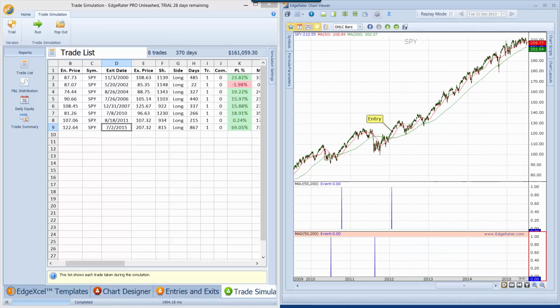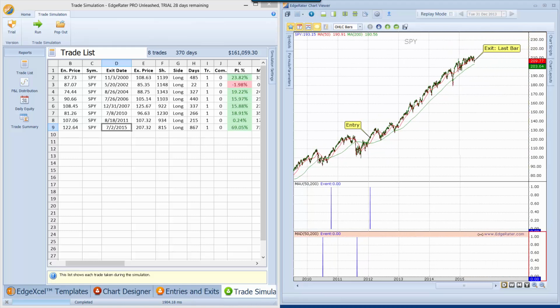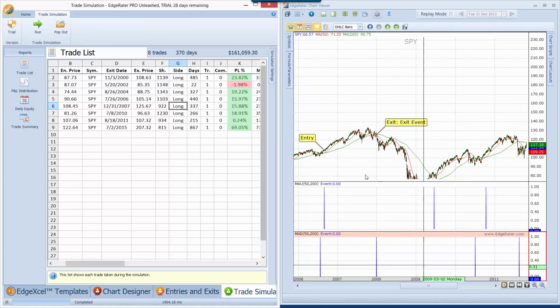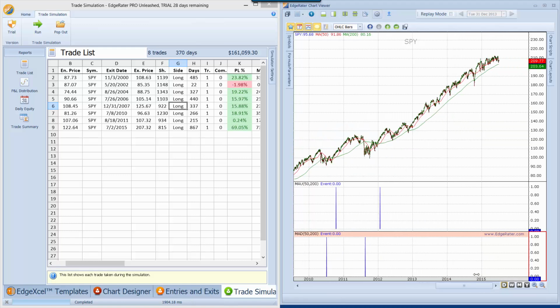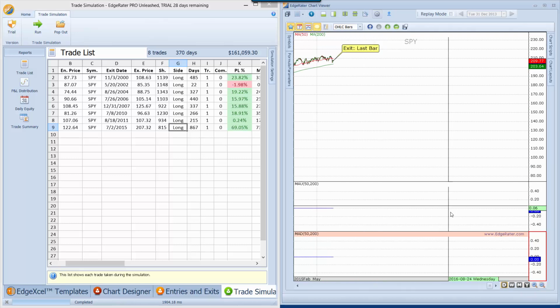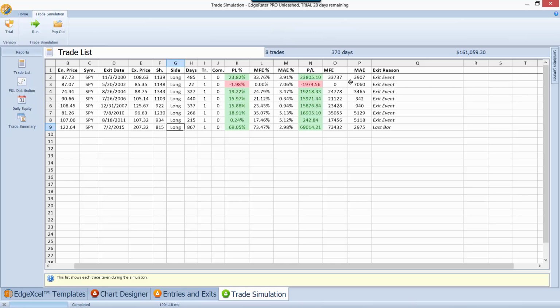the very last bar. And if I scroll over to the right and scroll down a bit, we'll see that the exit is being pointed out with the reason for exit. If the reason for the exit was the exit event, then what you'll see is it will say exit colon exit event. So the exit always tells you the reason for the exit. And in this case, because we got to the last bar, the reason for the exit on this trade was last bar. Okay, so the system itself, we can now see the results of that trading system, and we have